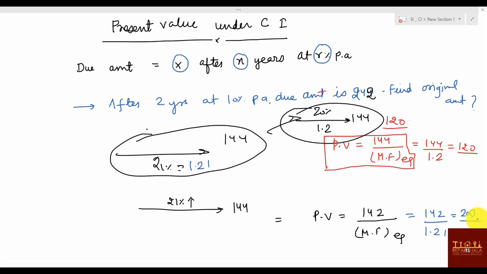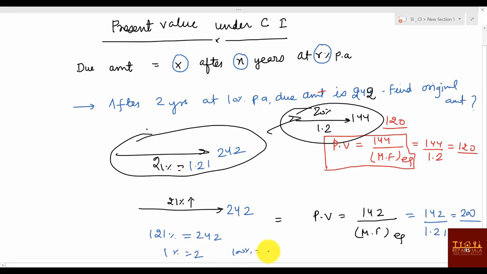By logic. Okay. So let's talk about logic. What they are telling is 21%, and this one is becoming 242. So you can say 100% value, 21% increase, so 121% value is given as 242. So 1% value is 2. So 100% value is 200. The 100% value was only our answer, right? The principal one. Clear? I hope this is clear, right? Now let's go for questions.